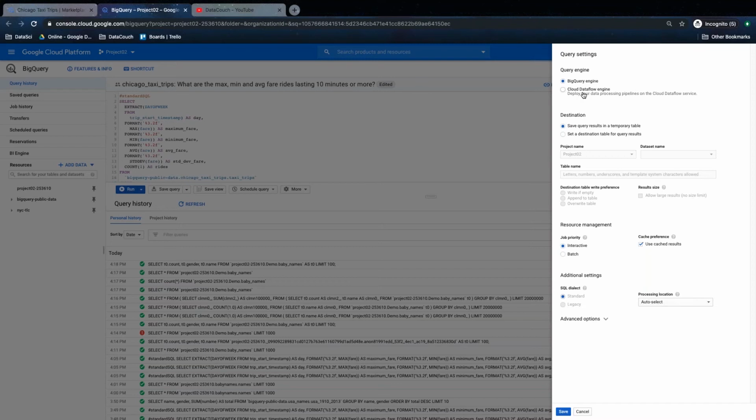So whenever, let's say, you want to deploy your SQL as part of cloud data flow pipeline, or you are getting data from cloud PubSub, you are ingesting data, and you want to use data flow SQL, and under the hood data flow jobs should be generated, and you will be charged based on that rather than BigQuery charges. So in case you want a different model or different processing engine under the hood, then you can choose data flow engine. But if you don't want, then you can just simply use BigQuery engine.